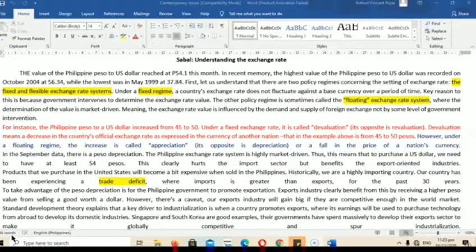Because when the foreign countries purchase our products, it could be cheaper or affordable by them. So because of that, there would be a lot of demands for our products. So we could be a country which is competitive in the international market or international trading. So that is the foreign exchange market.